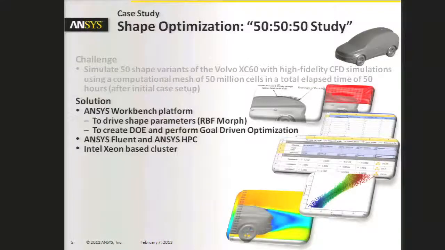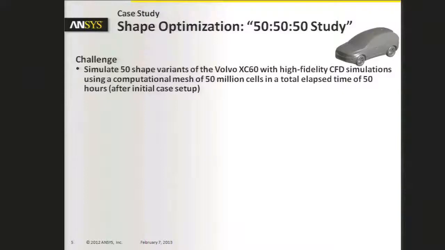So let me just highlight this through one benchmark case that I was actually involved with. The initial work was done 18 to 24 months ago, and we call it the 50-50-50 study. It was as simple as running 50 shape variations of a Volvo automobile, 50 million cell meshes, and the intent was to complete the entire scope of work within 50 hours of runtime. And I'll admit, when we started this project, we weren't sure that this was possible or not, at least with